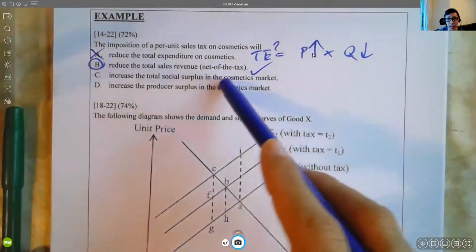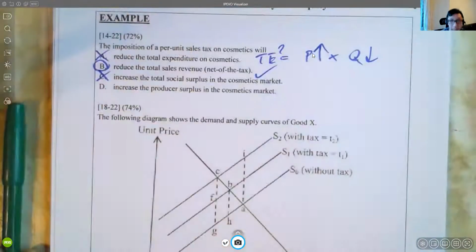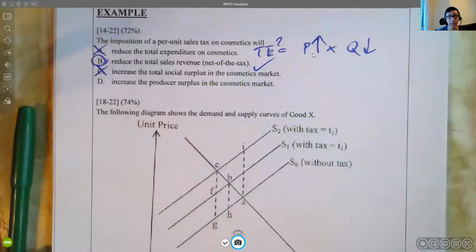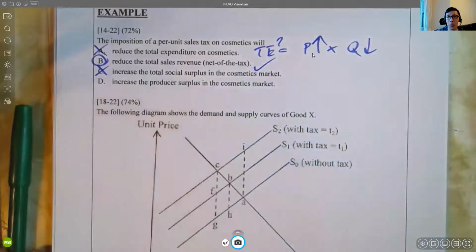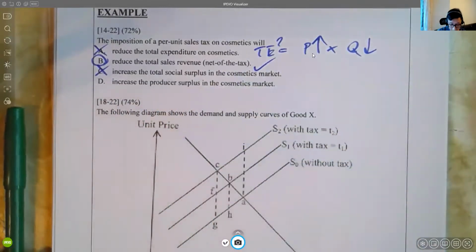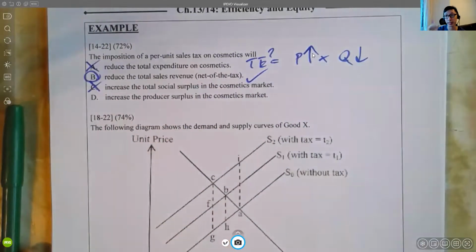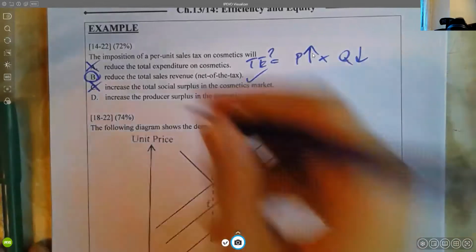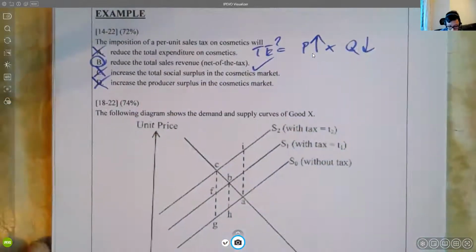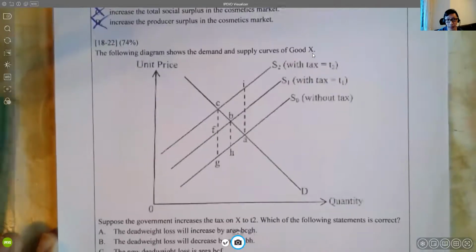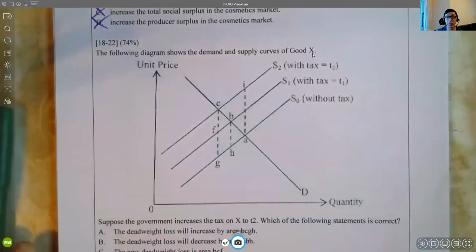C, increase in total social surplus. No, 記住啦，market intervention without externality must be inefficient. Increase in producer surplus, we just talked about, right? Tax would actually make both producer surplus and consumer surplus decrease. So no, not true. Right? 差2%，72% 人識㗎。